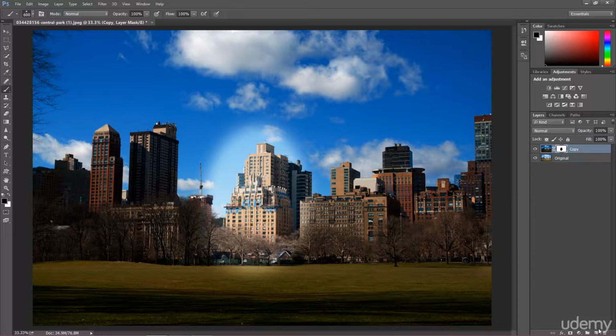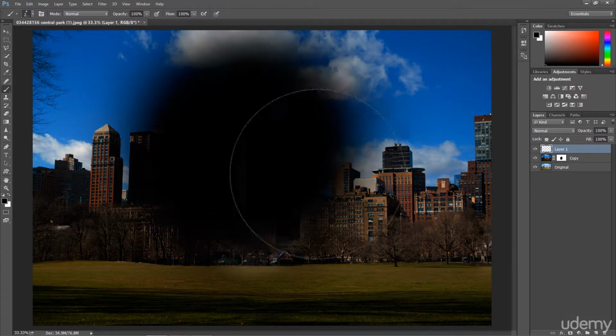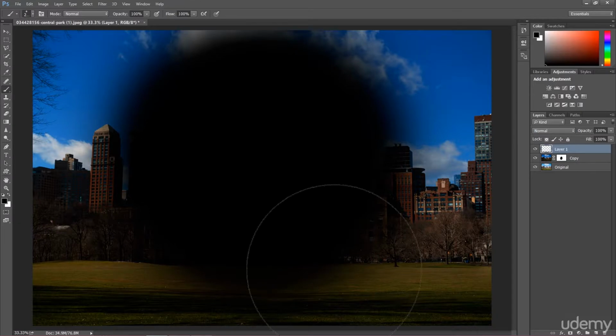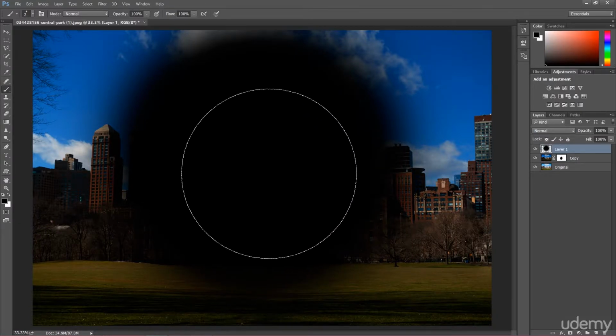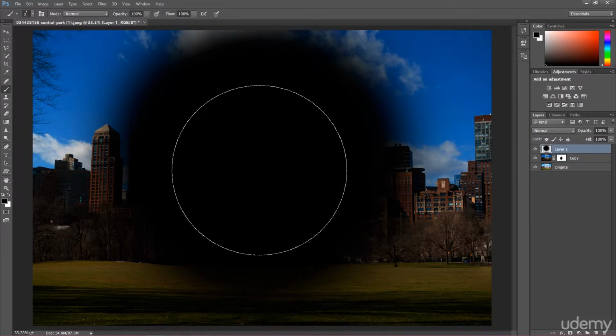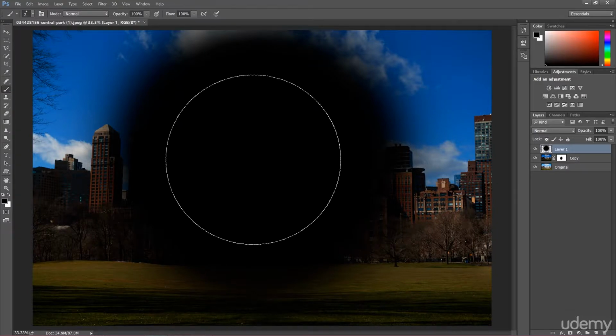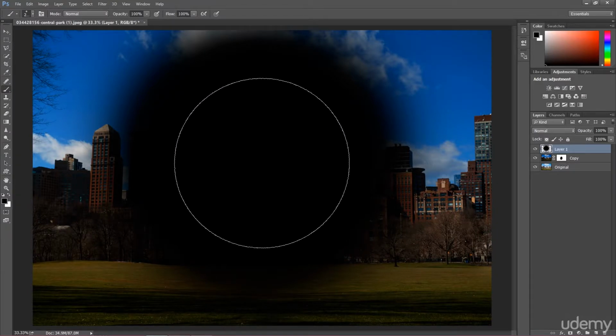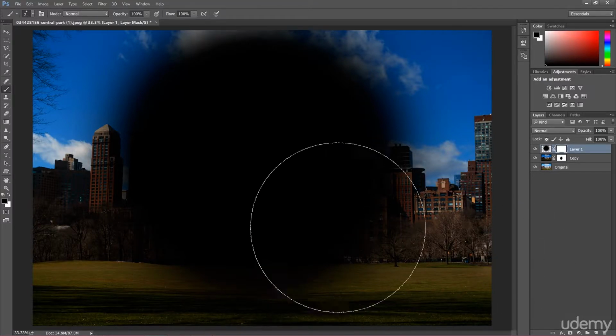Let me create an empty layer right now, and I'm going to paint on this empty layer with the color black somewhere here. Okay, I created black. So right now I want to have just a clear view of the middle over here. Instead of using the eraser tool, once again I'm going to create a layer mask, because we can create this on every layer.